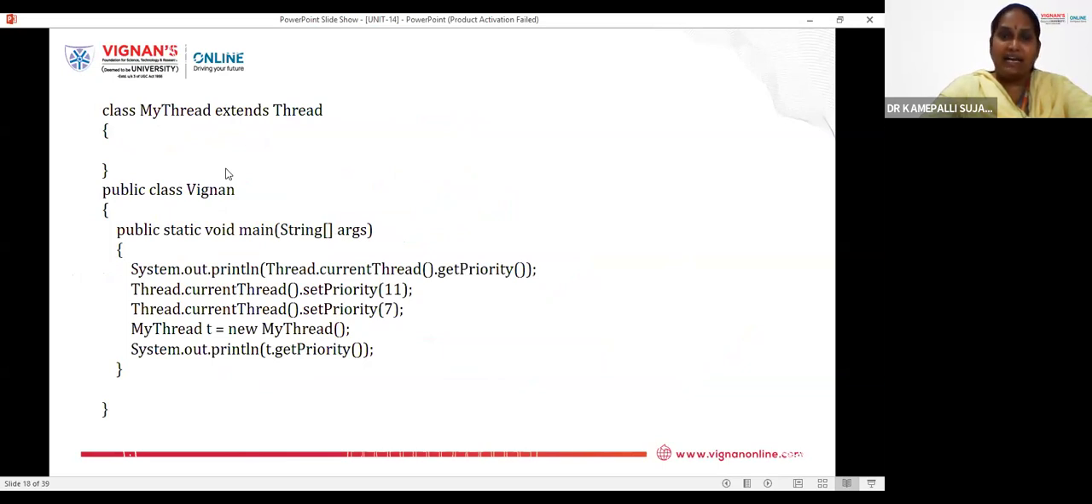On priorities, we have written a small program. Let us see here. Here I have not written the run method. Actually, I need to write the run method here. Now, my thread extends Thread. Here I need to write the run method. Just for simplicity, I have written this program here. Now I have written my class, and here I have written my main method. Now I want to print